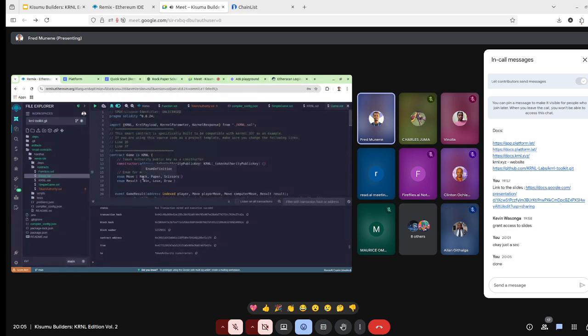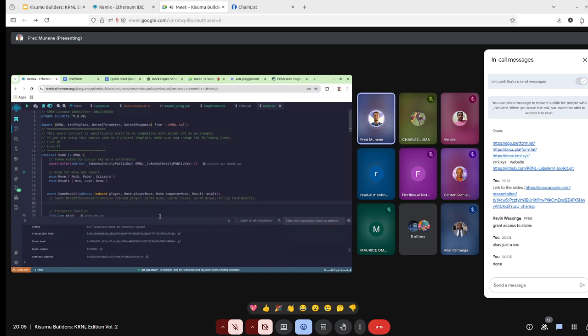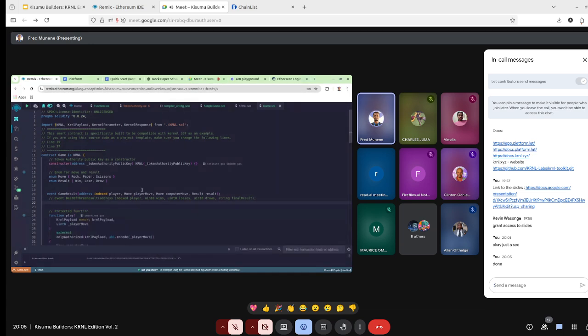So what you see comes pre-built with it, like a template from Canon. So what you need to do is remember our smart contract was like a game. So at this point you can rename the smart contract,